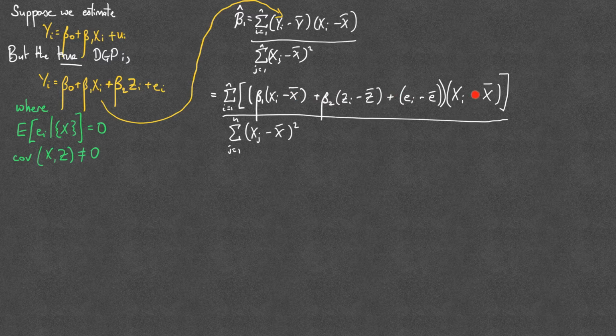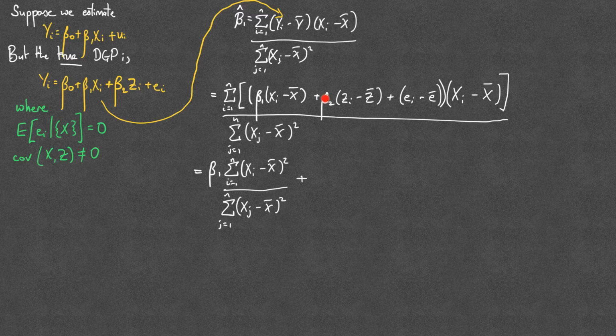Now we've got a whole mess of terms on the numerator, so we're going to multiply out the numerator to try and simplify things. So we've got beta 1 times xi minus x bar times xi minus x bar. We've got beta 2 times zi minus z bar times xi minus x bar, and we've got ei minus e bar times xi minus x bar. So we can rewrite this as beta 1 times the sum of xi minus x bar times xi minus x bar. So that's just beta 1 times the sum of the xi minus x bar squared over the sum of the xi minus x bar squared. So those are going to cancel,